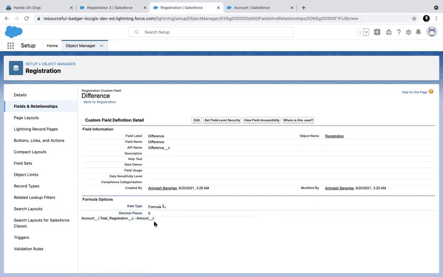Had I created the formula using all the fields of this same object, I would not have used any relationship. In that case, this would become a normal simple formula field. But since I am using a parent field here, it has become a cross object formula field. Clear?